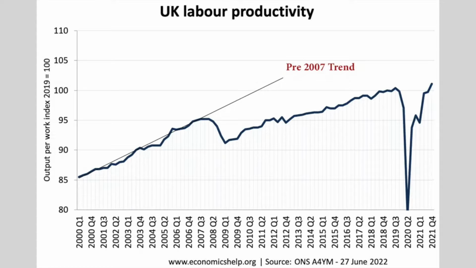And a good place to start with the problems of the UK economy is looking at UK productivity. And as you can see, since 2009, labour productivity has almost stagnated, and it's fallen considerably behind the previous UK trend rate. So this means that the economy is much smaller than it could have been if that trend rate had been maintained. The UK is not the only country to have poor productivity, but the record of the UK is one of the lowest in the G20.